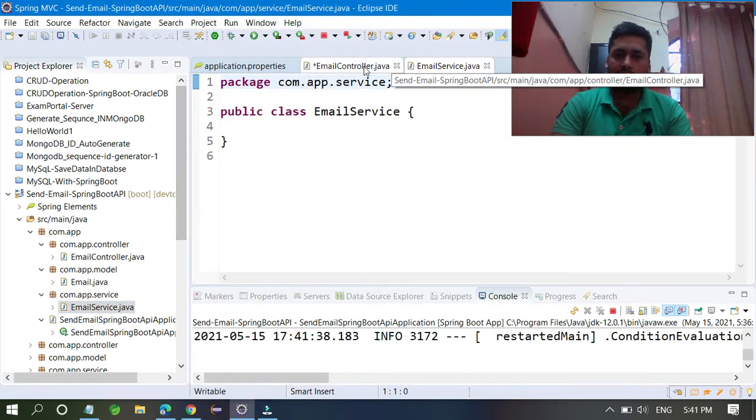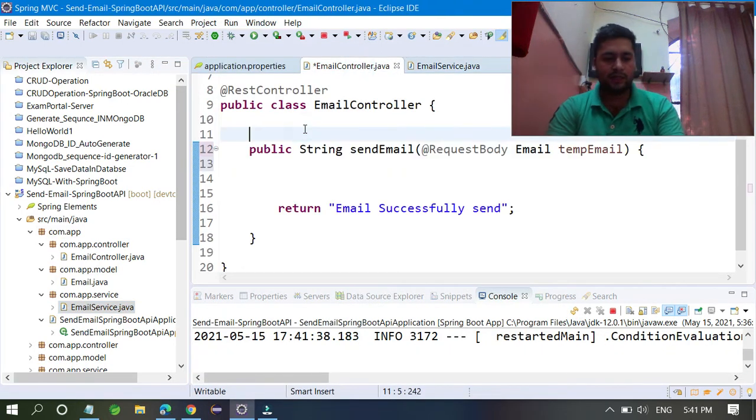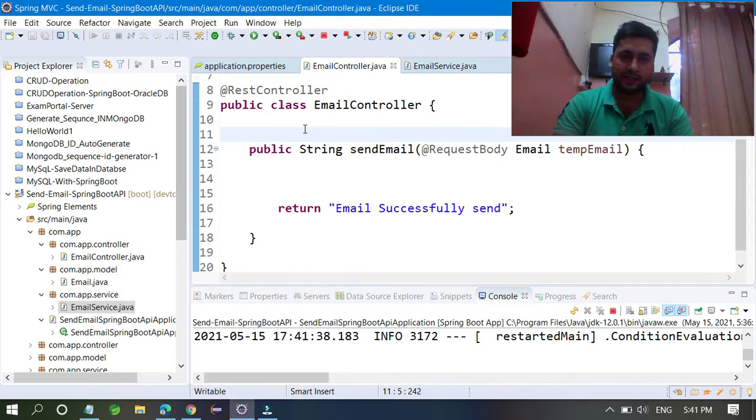Still my controller is not completed. You have to write something else to call the service method to send the data. Before doing anything, for example, you want two emails, one for the sender and one for the receiver. Then only you can communicate.